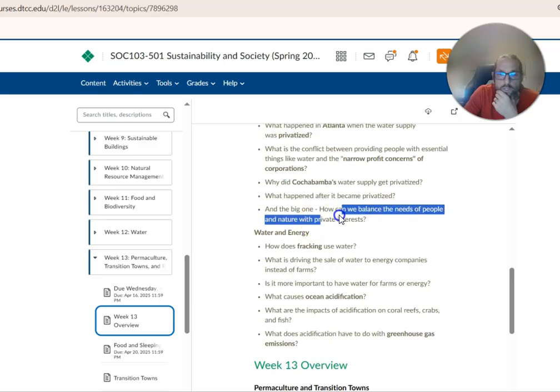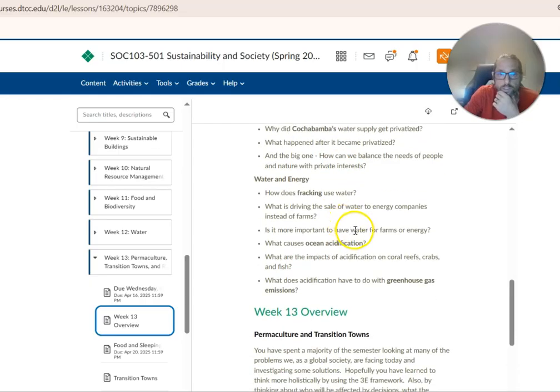And so it's tricky, right? How do we balance the needs of people and nature with these private interests? I mean, we're all beneficiaries of this global economy. So it's somewhat hypocritical, if you're not careful, to say we should never privatize anything. That's a source of revenue that most of us benefit from, especially in these wealthy countries. So how do we balance money interests with the needs of people and nature? It's a really important question that's only going to become more important as population grows and resources become more scarce.